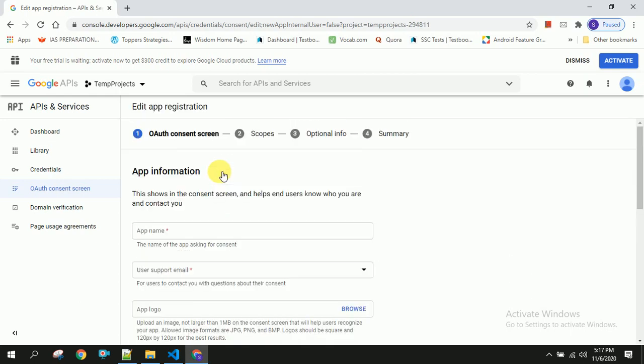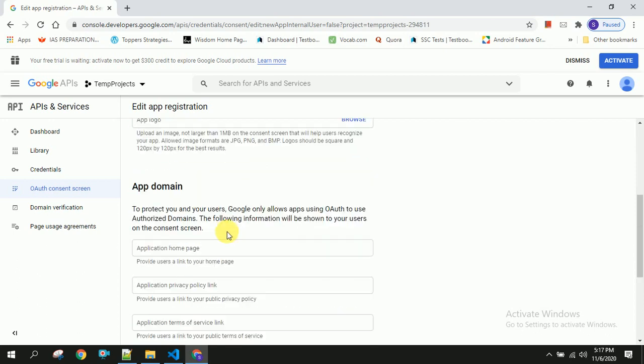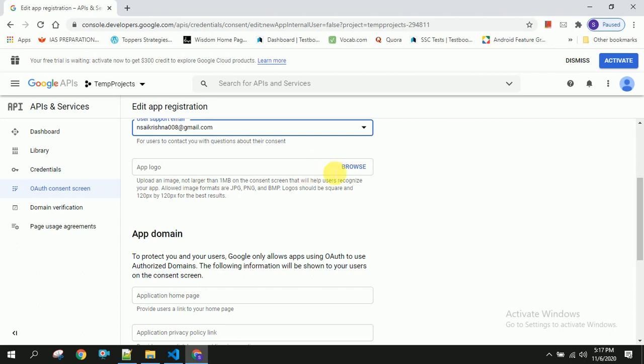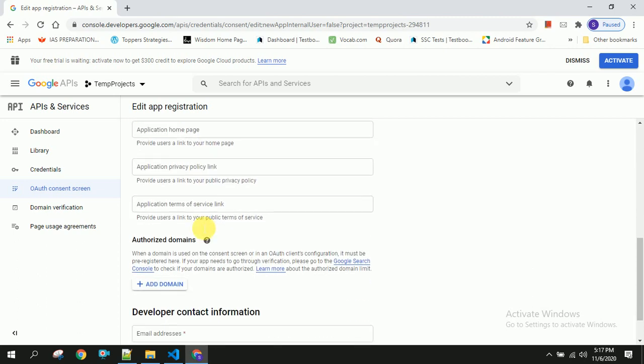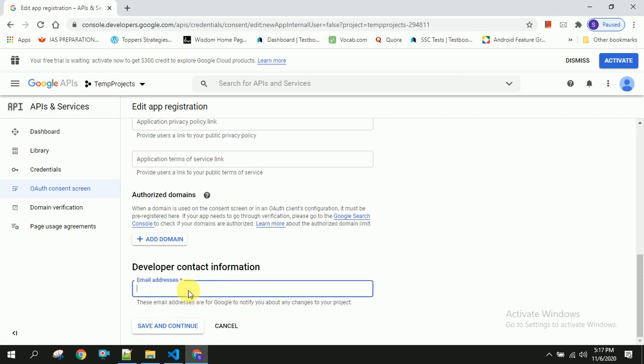Here you will have to register your application. You have to specify the application name here, temp project, and I am giving my email ID here. App logo, if you want to give. And this is the email address. You can give anything here. So this is the mandatory section. Once that is done you have to click on save and continue,